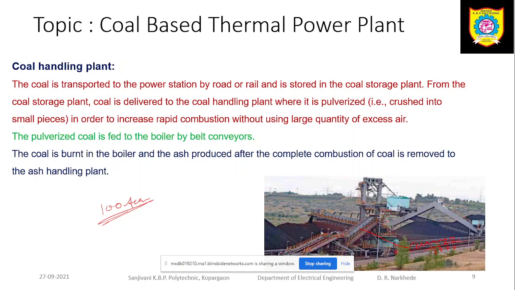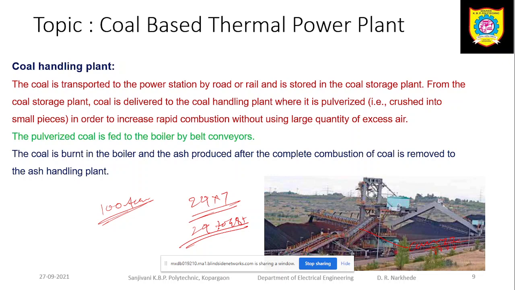Now why are we going to use the conveyor system? Because if it is done manually, it will take a lot of time and a lot of human labor, and it is a 24/7 process. My generator will work 24/7. You are not going to stop the generator in between. Why? Because if the power plant stops, it will require a minimum of 24 to 48 hours, sometimes 72 hours, for starting.